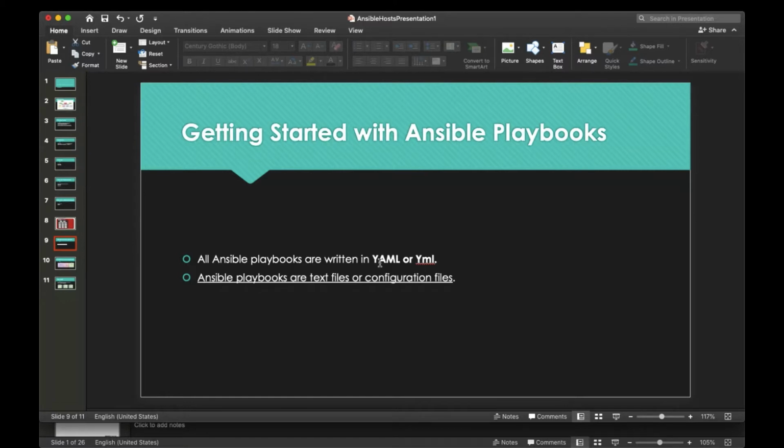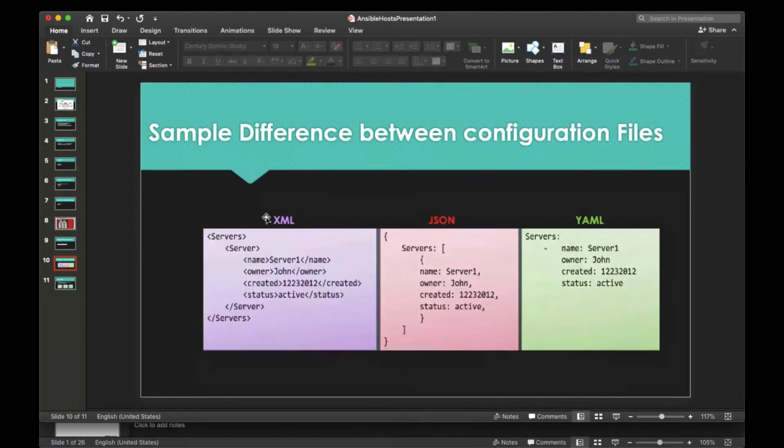There are some differences in writing configurations in different structured notations. One of them is XML, where we can write our configurations. XML is a bit of, um,